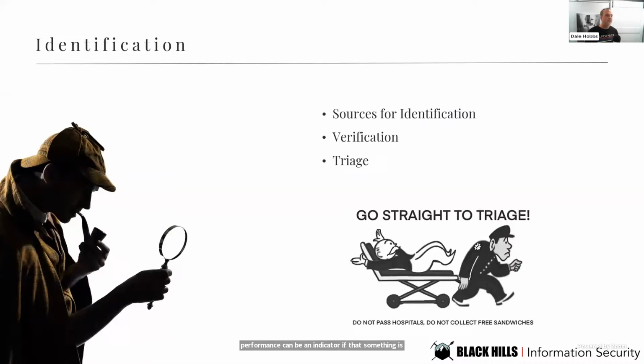Then how do you verify an incident, right? Is it a false positive? Is it a true negative? A defaced website's pretty cut and dry, but it's not always that simple to identify, right? So once you've identified and verified an incident, then what's your next move, right? So how do you triage the affected systems? Do you deal with them all the same, or do you triage higher value systems first? Again, that's going to kind of steer you as you're navigating through the incident itself.